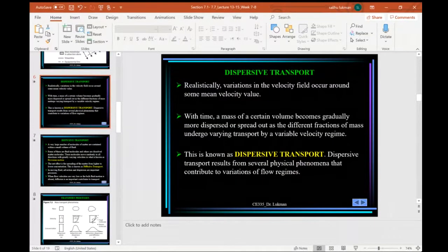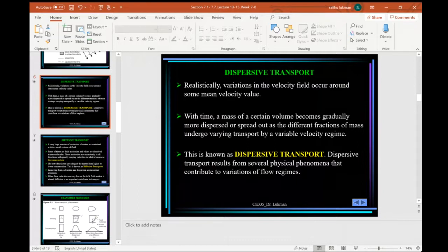So, dispersive transport. I explained advective transport, which is simply the transport of material as a result of the bulk fluid motion. That is under the assumption that the flow velocity is uniform and constant throughout the flow field. We know in practice this is far from reality. It may not be obtained in a real scenario, because the velocity is definitely not uniform, which takes us to the next,